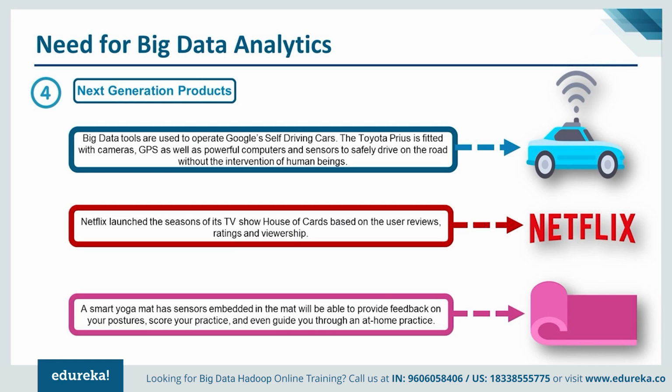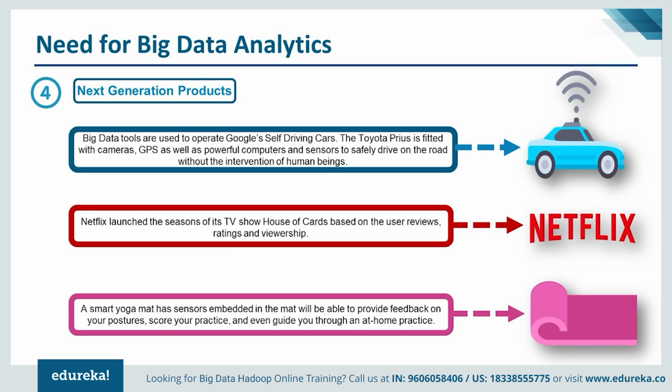So it is Netflix. Netflix committed to 2 seasons of its extremely popular show House of Cards without even seeing a single episode of the show, guys. And this project of 2 seasons of House of Cards cost Netflix about $100 million. So guys, how do you think Netflix was able to take such a big risk monetarily? The answer to this, my friends, is big data analytics.